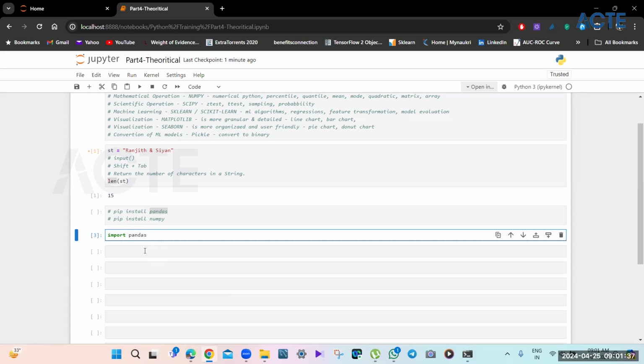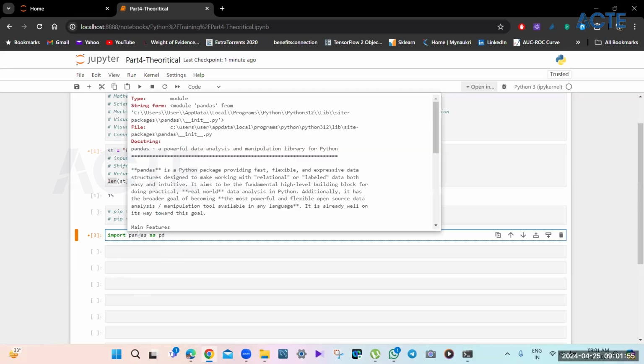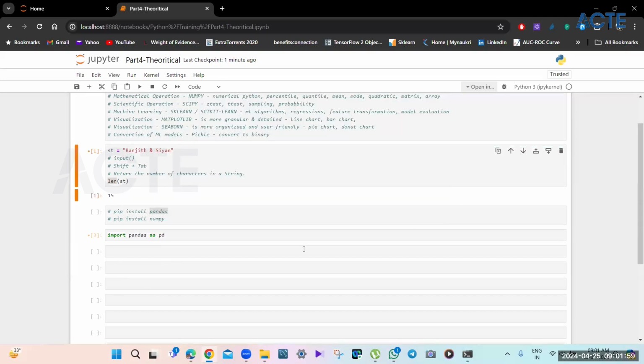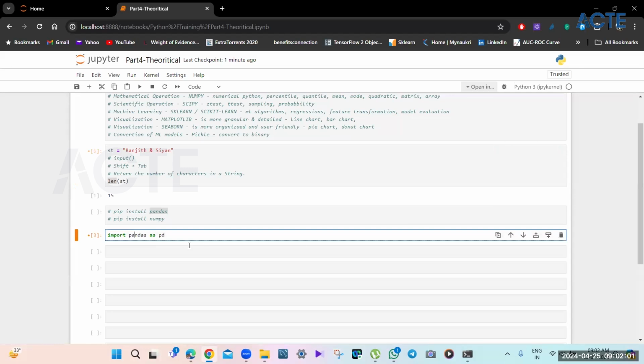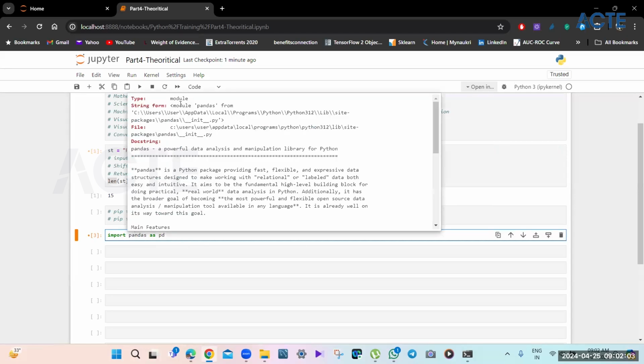Now, there is also something that we do. Import pandas as pd. This is something that we write. Now, because throughout the code, every time we will use the functions which are present inside of this particular package. Now, see, again, I hit Shift Tab. So when I pressed Shift Tab, this is what it showed me.